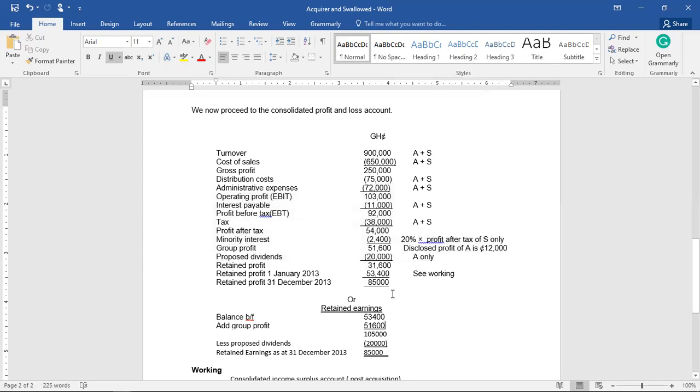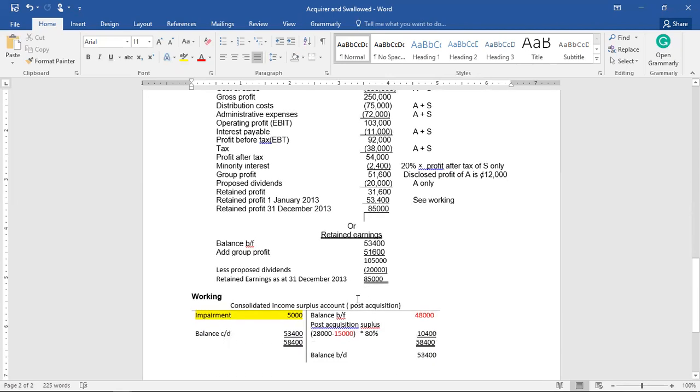Now, for those that they will tell you goodwill is written off over a number of years. Let's say we are writing off goodwill for 5 years. It means that for this year that we are preparing the P&L, 1,000 will be written off in this year. But we are not there yet. So, for those of you who wanted to understand, that is how we do it. For example, 1,000 will appear under the administrative expenses over here for the goodwill to be written off, if we are writing it off for 5 years. That is the original question in the handout. Okay.